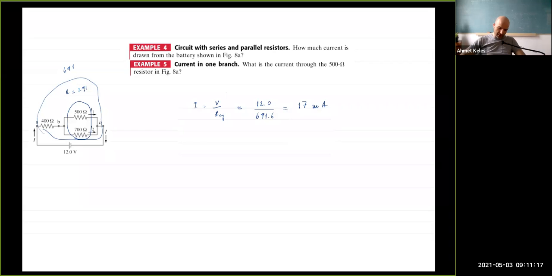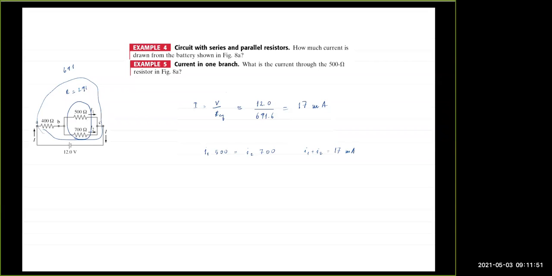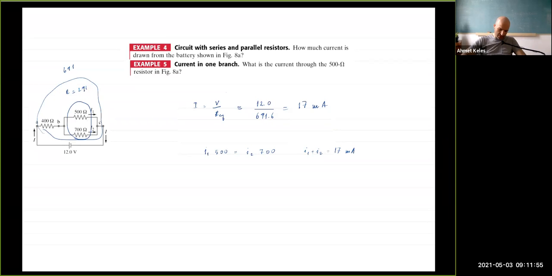And so what is the current through the 500 ohm, this guy? So now I know, let's call this I1 times 500. This should be equal to I2 times 700. And I also know the sum of I1 and I2 should be equal to 17 milliampere. So I1 plus I2 is equal to 17 milliampere. So maybe I can just eliminate one of them. Which one do I need? I1, I2. They're asking for I1. So let's eliminate I2. So I1 times 500 is equal to 17 times 10 to the minus 3